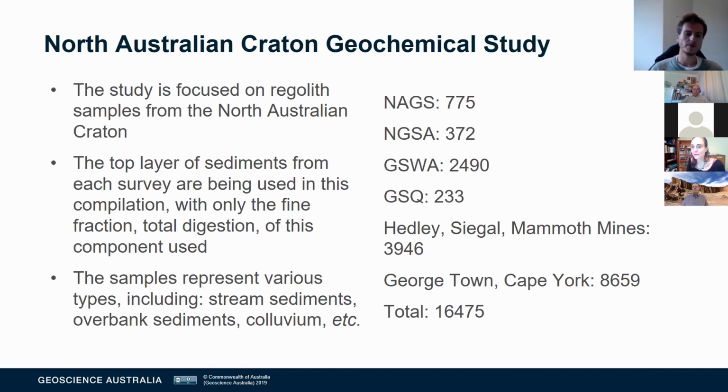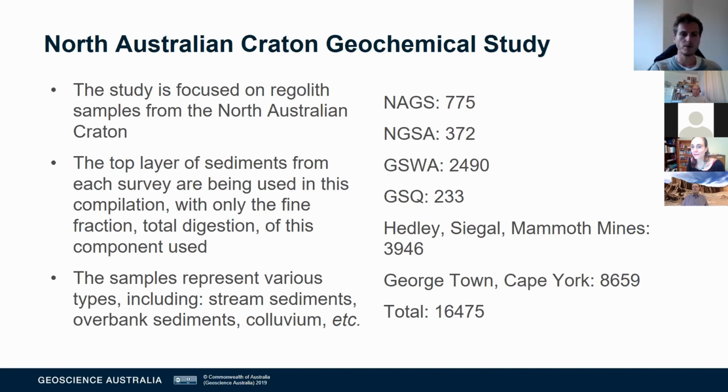It's also representing different sampling media, so stream sediments, overbank sediments, as well as colluvium and others. So a large number of these samples are located in Queensland, so primarily in that Georgetown, Cape York region, with over 8,500 samples available in that area. So that's over half of what's going to be available in the data set, which is made up of just under